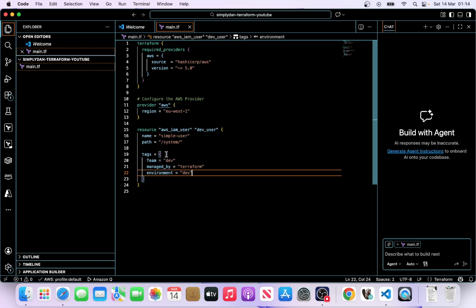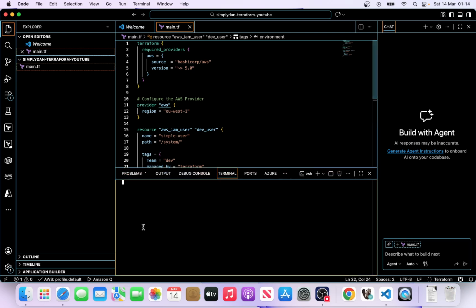Right, so in a nutshell, this is how you write your Terraform configuration language for a resource. Once you're done, what you need to do is to go through your Terraform flow, which I've done a separate video on. By that I mean you run your initialize first, then validate, format, plan, deploy, and so on. So let's quickly run